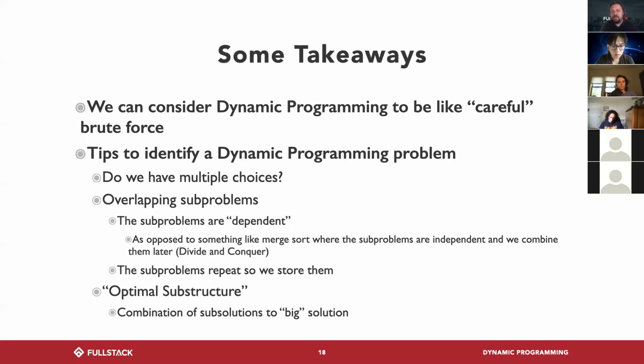The ways that you identify when something is dynamic programming or not, just ask yourself, do you have multiple options? Can you do multiple things? Or are there overlapping subproblems? So if you're writing a recursive solution to a problem and you're not sure if it's dynamic programming or not,